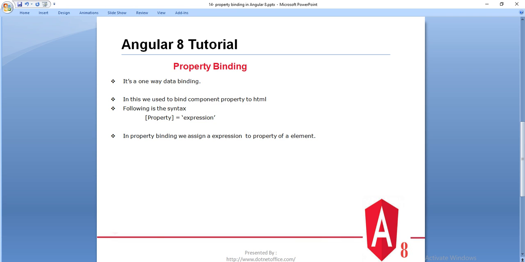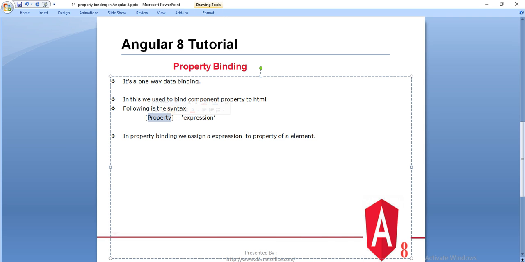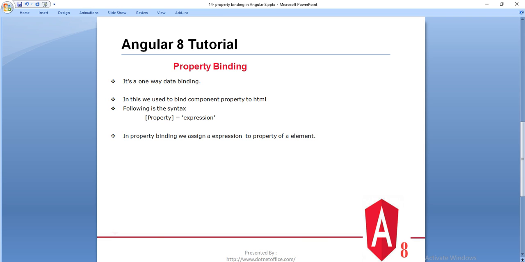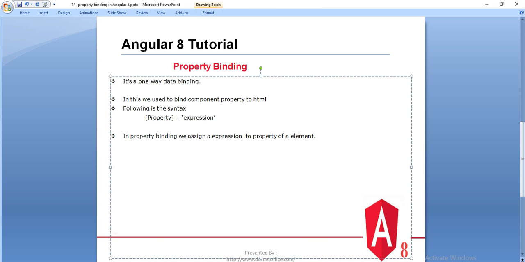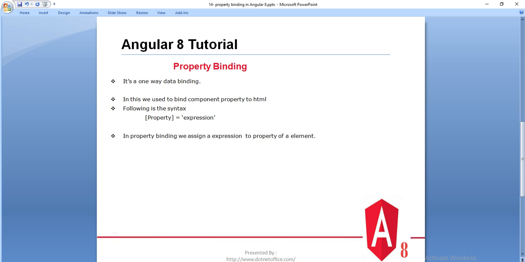In the sense, like I have a div, and in the div's inner HTML I want to assign something, those types of things are called properties. So if we want to change any property of an element at runtime, or assign any value to the property from the component, then we use property binding. So basically in property binding we assign an expression to the property of an element. So let's understand more about this property binding using an example.